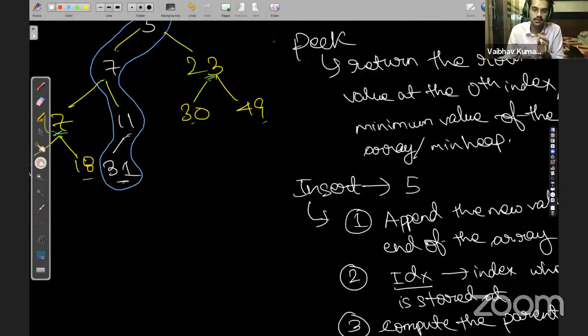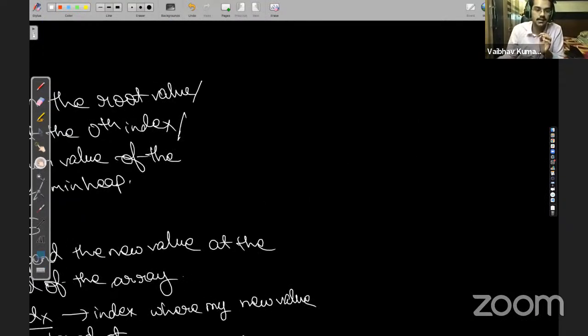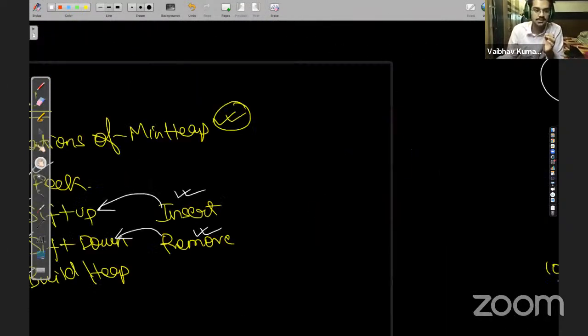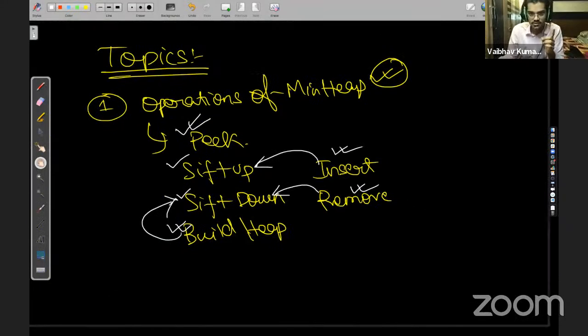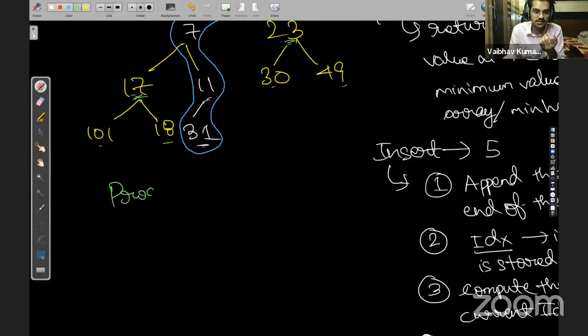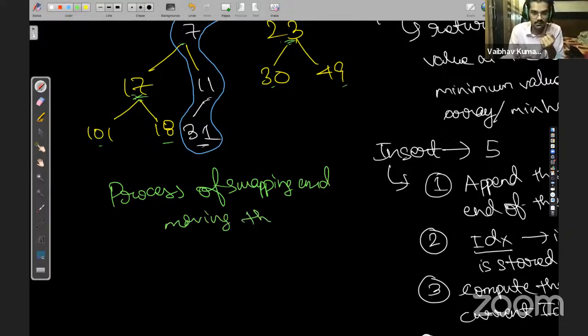Let's talk a little about the delete operation. By the way, you might be wondering that insertion has been performed, but I mentioned that the insert operation is dependent on the shift up operation, right? So where is the shift up operation? This process of swapping and moving the numbers upwards, moving the new value